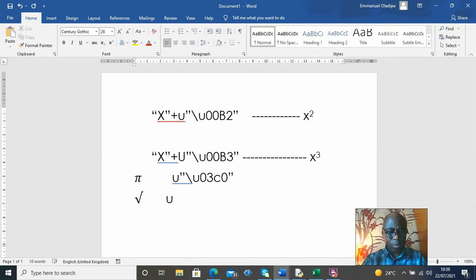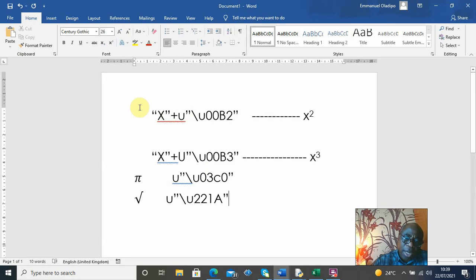So you type u, and then you put speech mark backslash u 221a speech mark. So we're going to be putting all these icons, and we will be including the functionalities as well. Okay, so first of all, let's implement the x squared, which is this one here. I'm just going to copy it, although I have to make modification